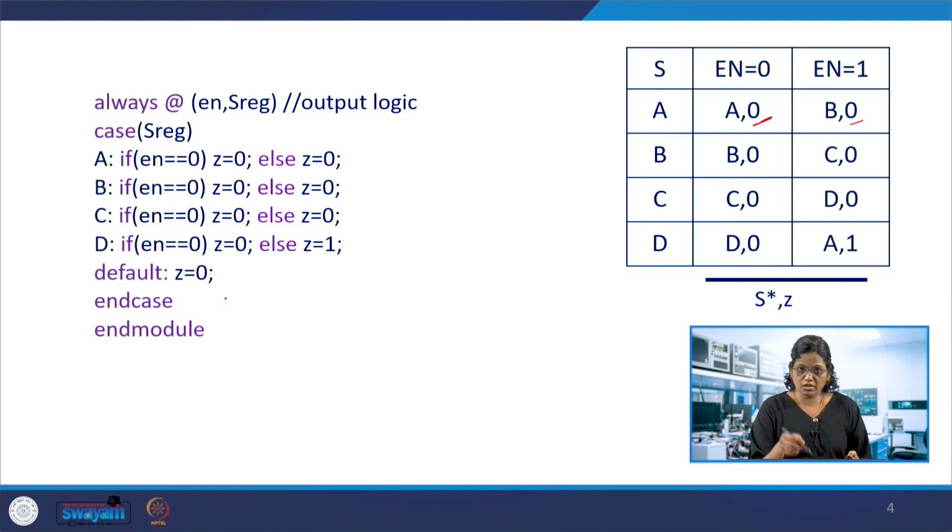So this is the third always block which we had. And so the Verilog module, which consists of 3 always blocks, that is style 1, separate always blocks for the 3 blocks of state memory, next state logic and output logic, has been shown over here. Let's see the output now.